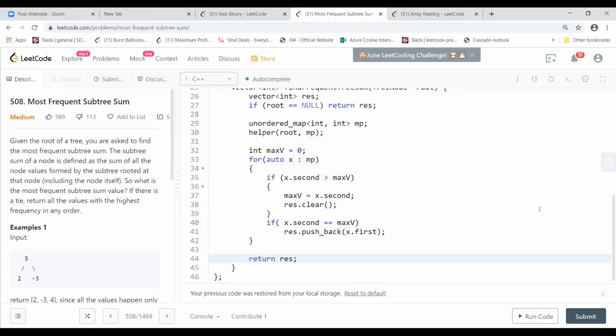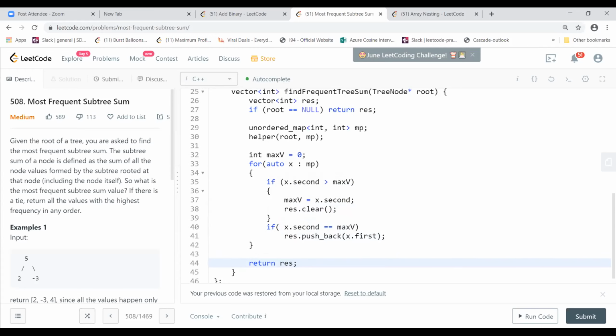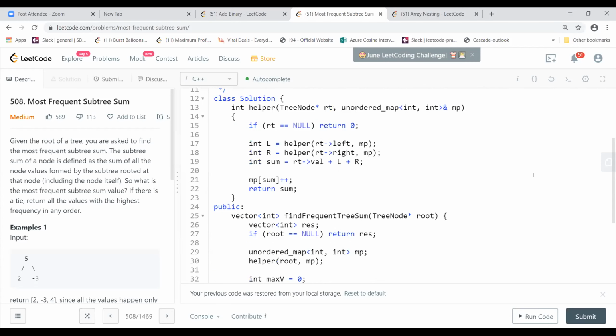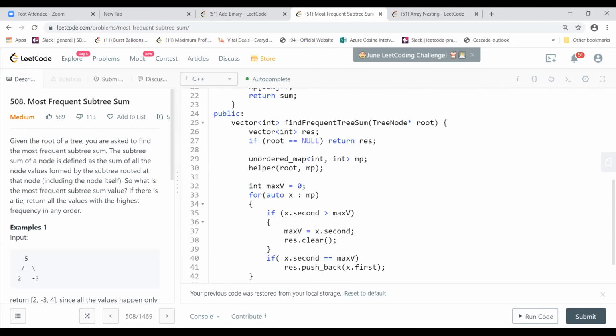You can keep track of the max, right? So that you don't need to go to that for loop again on line 33. Yep, can be done. I could have optimized a lot further, but yeah. So finally you are putting everything into the hash map and then comparing the maximum out of it, right? Even I could have found the maximum value in the helper itself. But doing it over here is more explicit.